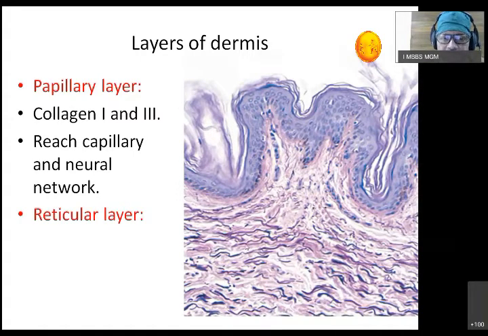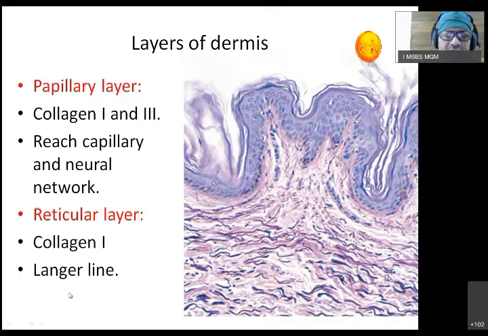In the reticular layer, we'll see a lot more fibers, which are more of a supportive nature. It has more collagen type 1, compared to very little collagen 3 and 4. And now what is important? This term, Langer's lines. You may have heard this word in the abdomen. Basically, the reticular layer of the dermis plays an important role. The fibers arrange in a particular direction, so they give the skin a specific zone.